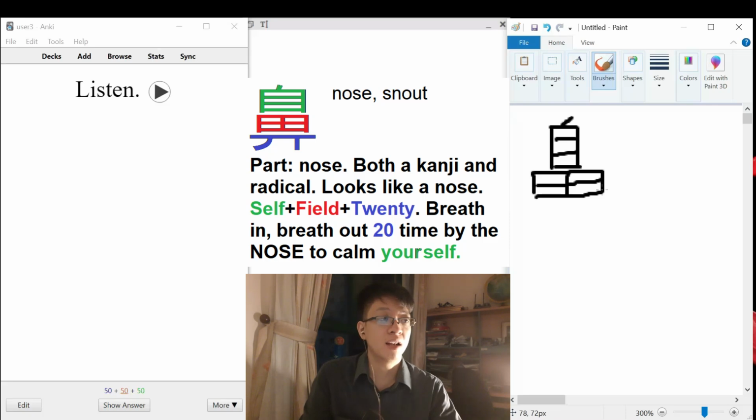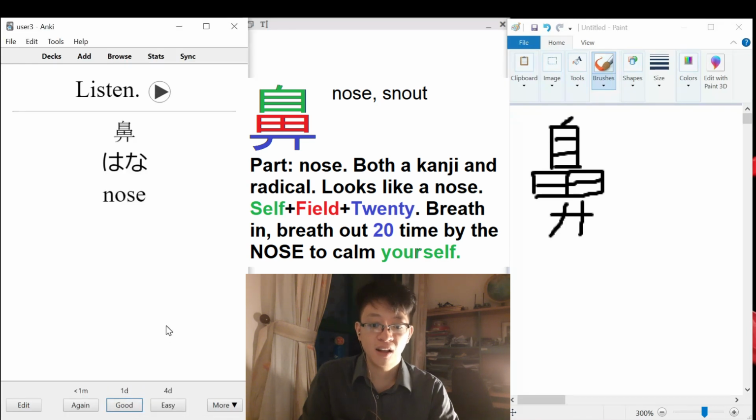Okay, and then this radical here actually means the number 20. So yeah, you could just think of it as visually resembling a nose, or like a breathing exercise, I guess. Breathe in and breathe out deeply 20 times by the nose to calm yourself. Right, that's the name of it. Anyway,